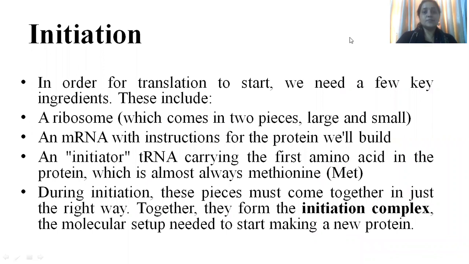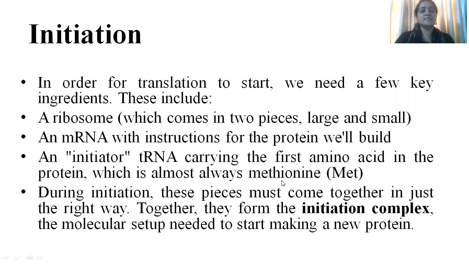Now, let's move on to initiation. In order for translation to start, we need a few key ingredients. They include the ribosome, which is in two pieces, the 30S subunit and the 50S subunit, the small and the large. And mRNA with instructions for the protein will build an initiator tRNA carrying the first amino acid of the protein, which